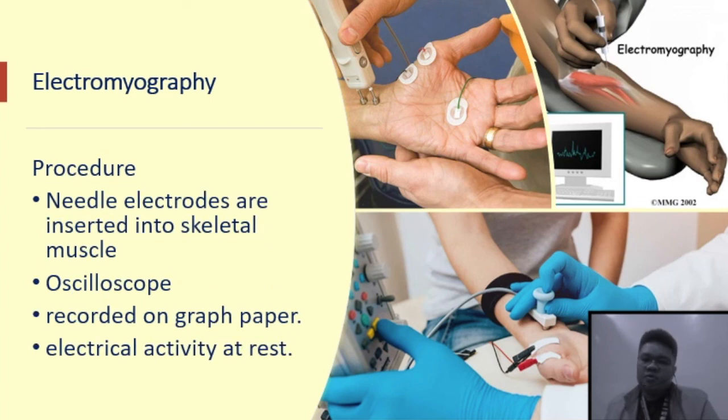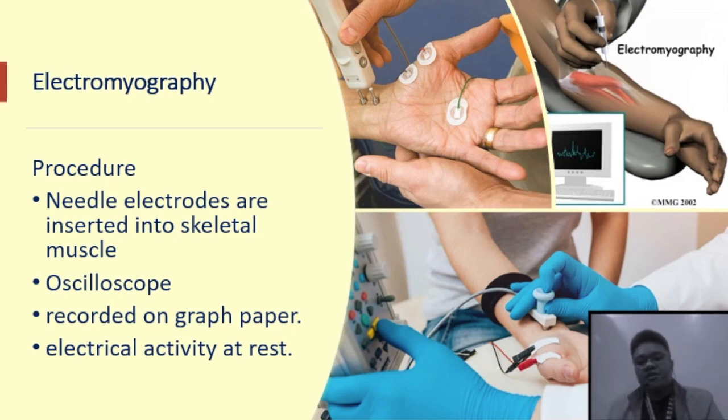Now, during the procedure, class, you would expect that needle electrodes will be inserted into the skeletal muscles. It is usually the skeletal muscles of the arms and the legs that are being used for evaluation. But that would depend on the symptomatology of our patient, and that would also depend on the disorder that we are trying to rule out. Now, class, the movement of the muscles would be recorded using an oscilloscope. And then this will be recorded on a graphing paper in such a way that it would appear like a